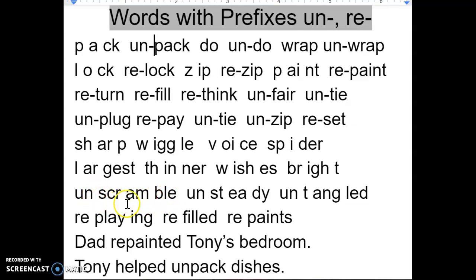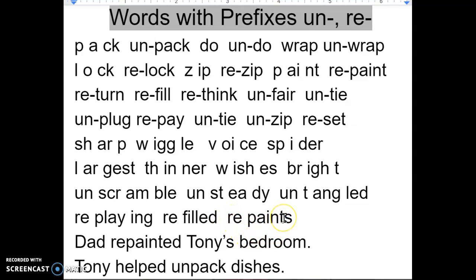unscramble, unscrambled, unsteady, untangled, replaying, refilled, to do it again,